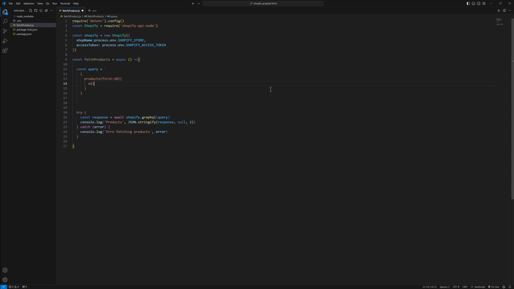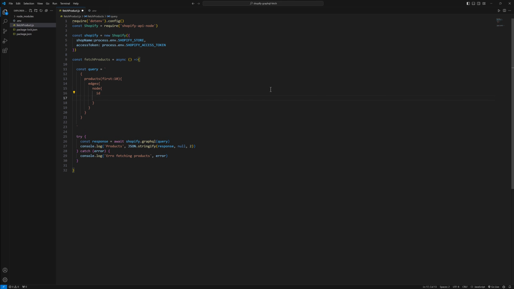we will have the edges, and then inside edges we have nodes, and that is the node of the product. We need to have the product ID, so I'll type id. We will fetch the title, and then we will fetch the variants, and in the variants we need to define how many variants we need. So let's say first 10 variants,